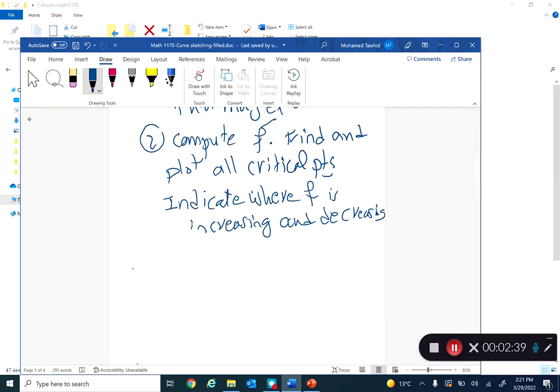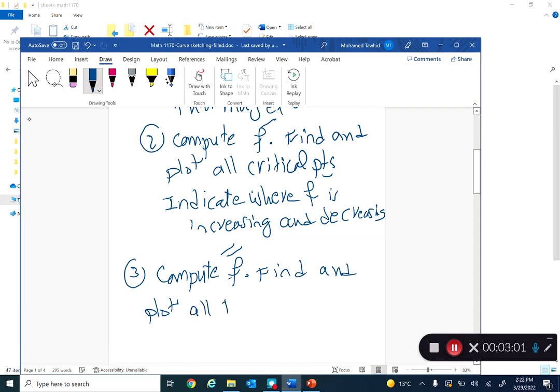Step number 3, you are going to compute the second derivative. Usually in most problems I will give you the first derivative after I simplify and the second derivative after I simplify. So I have to compute the second derivative, and I need to find and plot all the points where the second derivative is 0. What is it when the second derivative is 0? That is very much an